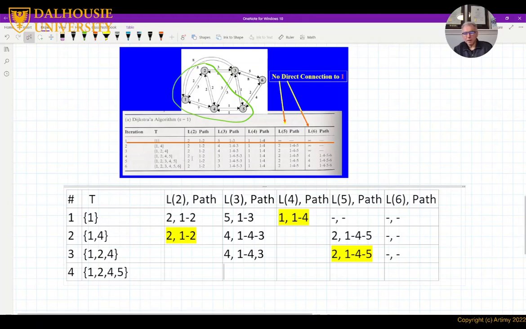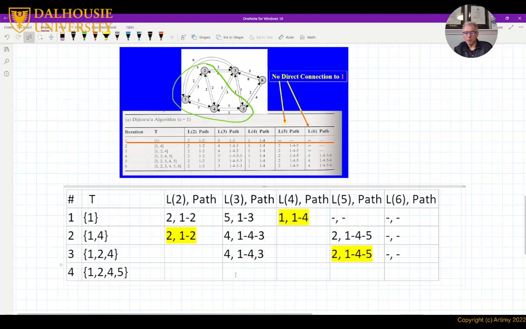Well, if I go to 5 first, which is the path 1, 4, and 5, the path to 5 is 1 to 4 to 5, that cost of 2. But from there I can go to 3 with a total cost of 3, which is better than the original